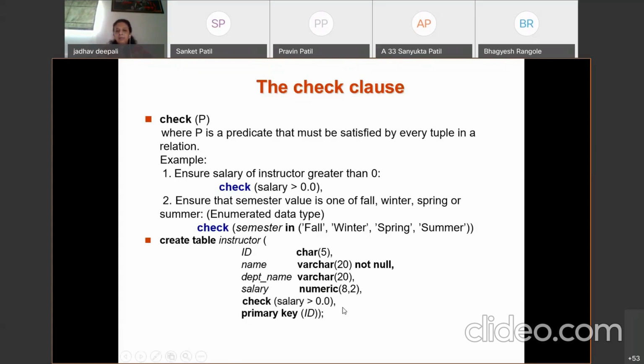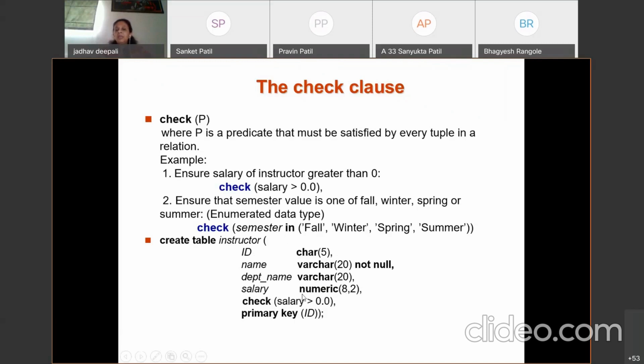Along with that, another constraint is the domain constraint. That part we always forget to remember. What does it mean? Can we insert character values for salary? No. Why?